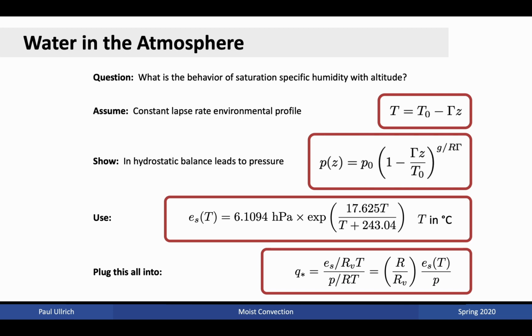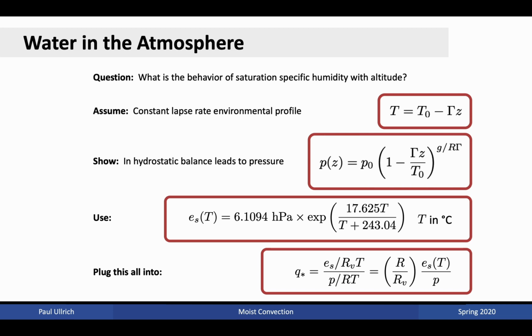What we can show is once we plug this temperature into the hydrostatic balance equation and utilize the ideal gas law, that the pressure profile induced by this particular linear temperature profile is given by the second equation shown on this slide. We can then use the saturation vapor pressure from the Clausius-Clapeyron relationship and plug that in addition to our vertical pressure profile, into q star in order to obtain an expression for the value of q star as